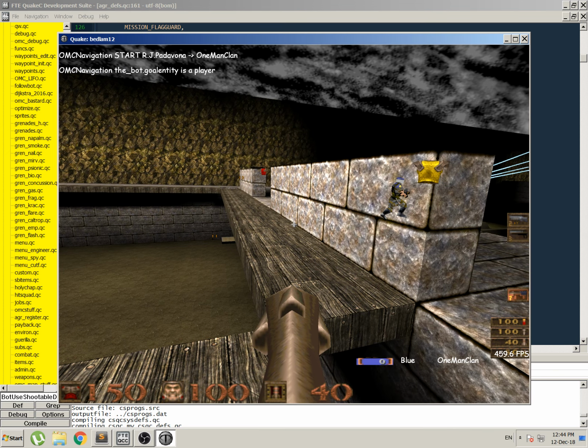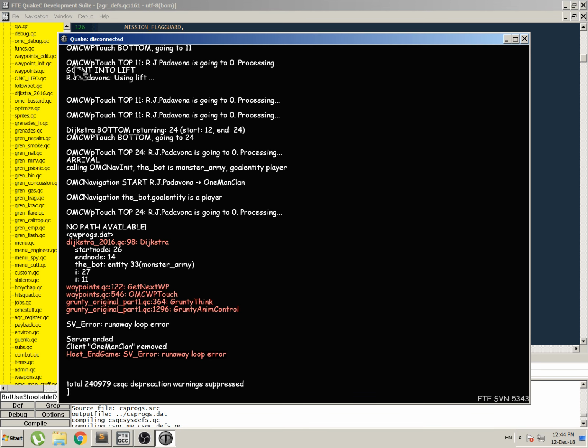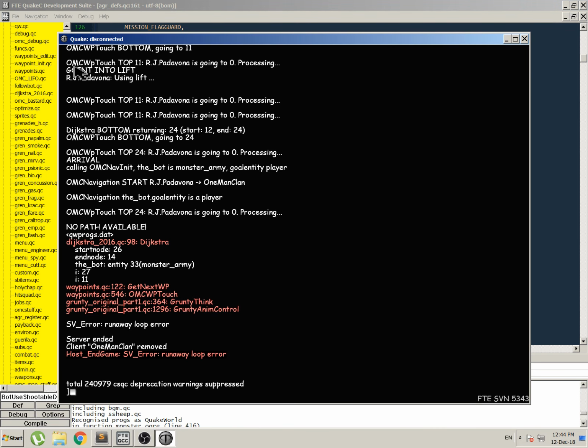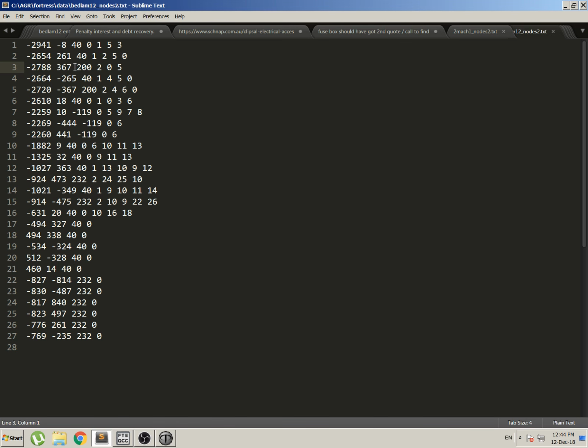So, oh, what happened now? Blind spot. Okay, blind spot, it crashed. No path available. Anyway, that's the general idea of how to do the waypoints. That's a bit of a sad note to end on with the crash. But yeah, if someone wants a copy of this, I'll give you... Actually, you don't need it. You just need